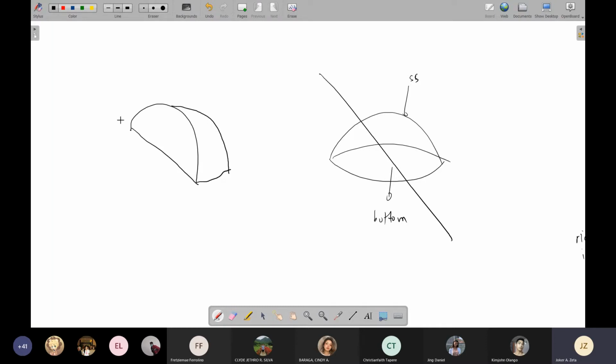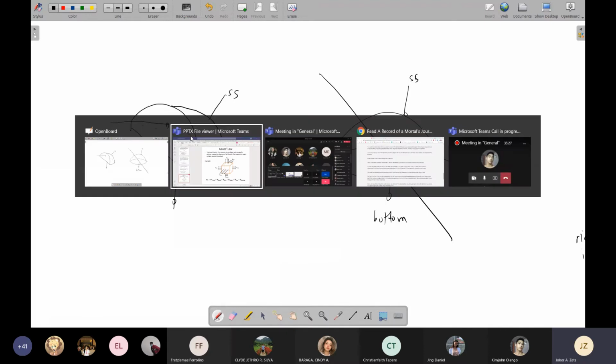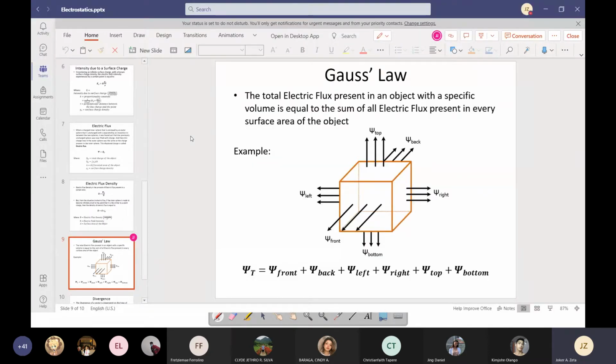Okay, so you have this surface, then the bottom side surface, then the spherical surface. So what if I chop it? The more you chop, the more surfaces there will be. So meaning, the easiest surface is the